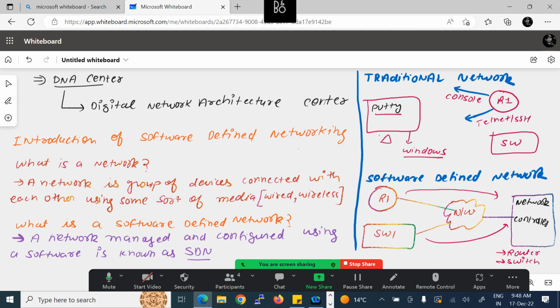Mac OS, Linux, all of them are software, right? Likewise, a network controller is just software which requires physical resources like RAM, ROM, hard disk, and network interface cards. After that, you can reach the network controller, and the network controller can push the configuration. So what we are trying to achieve here,